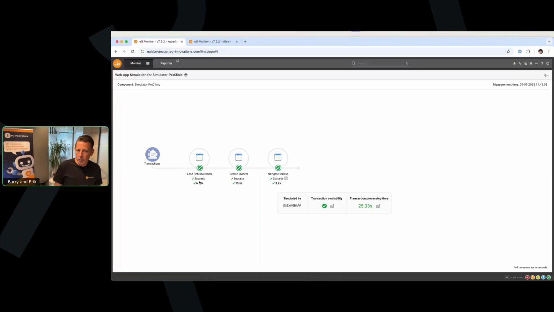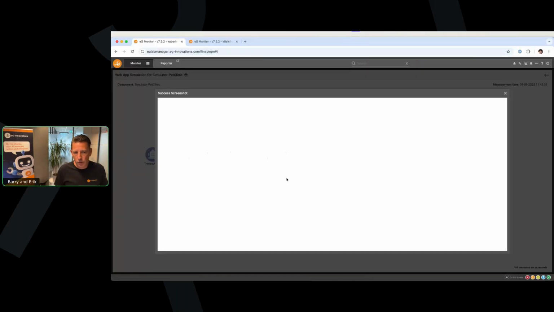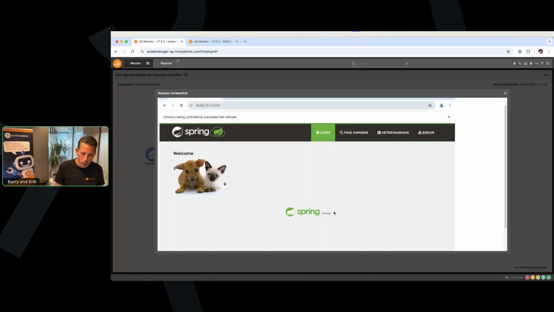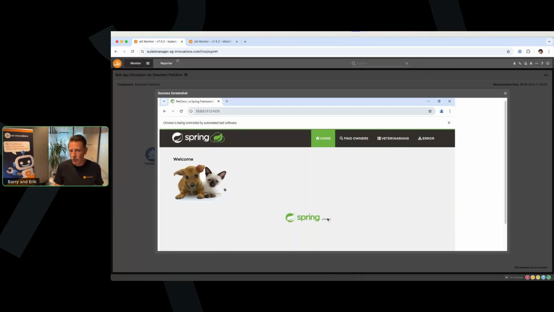So we can check this based on content validation or maybe image validation. And then we also baseline automatically the time taken to load that web page. So whenever something happens and there's an increase in load time, we will automatically send an alert. And when the transaction fails or is successful, we can even take a screenshot so you can immediately see the result and what kind of error there was within that application.